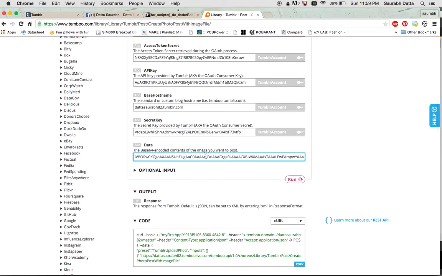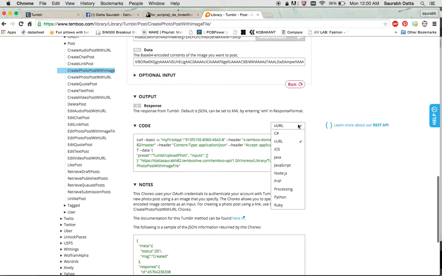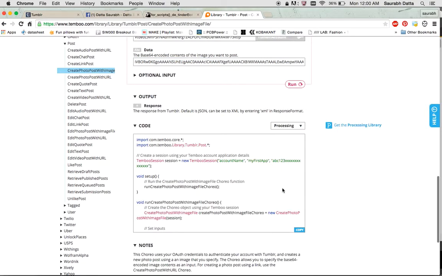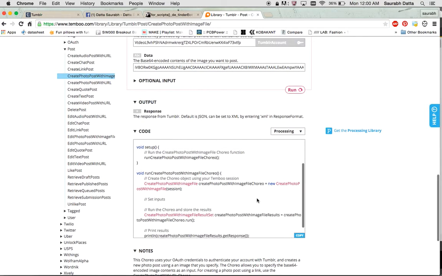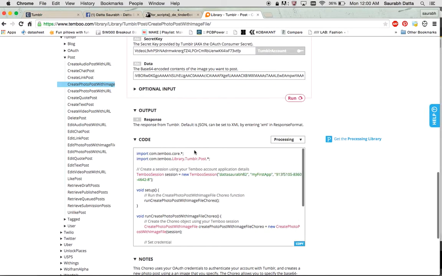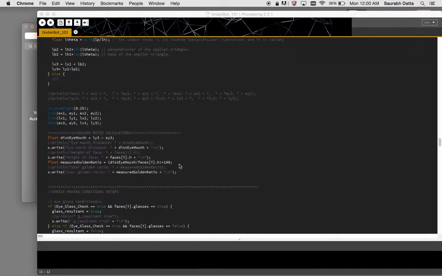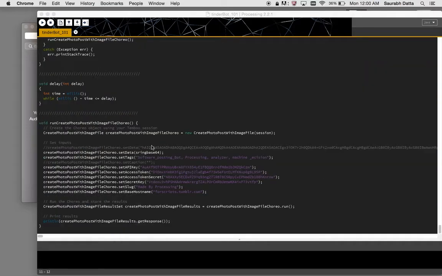And here's the data, which is the base64 encoded. Now I replace it with my string developed in real time. And so if you see, here's the processing code, and this is essentially it actually. And then I just copied it and put them in pieces there. So to show you this thing as it works,